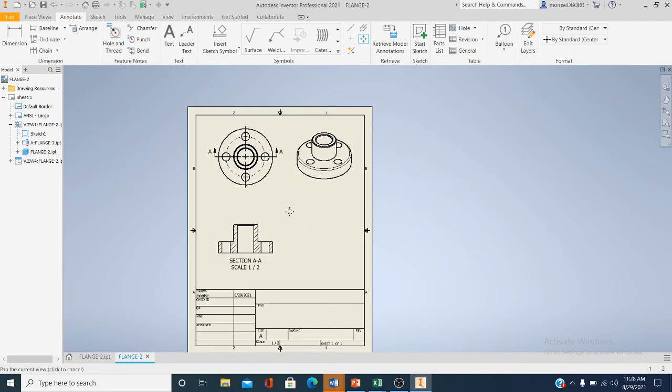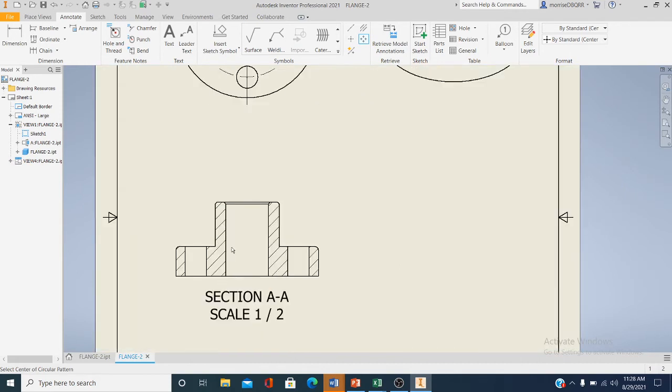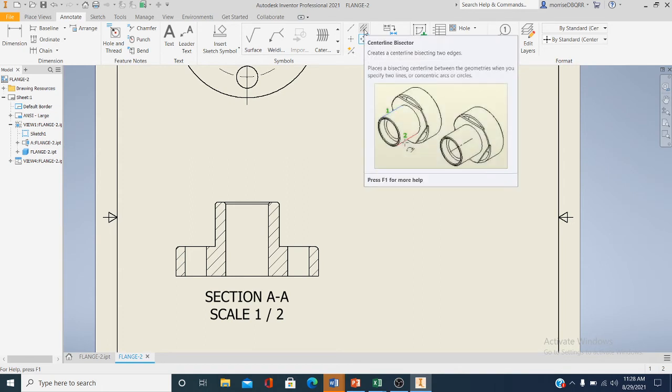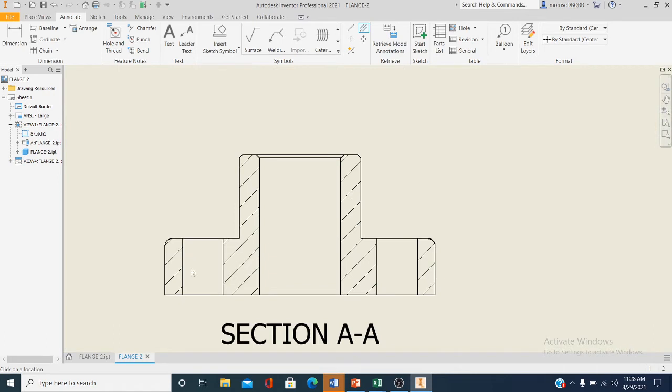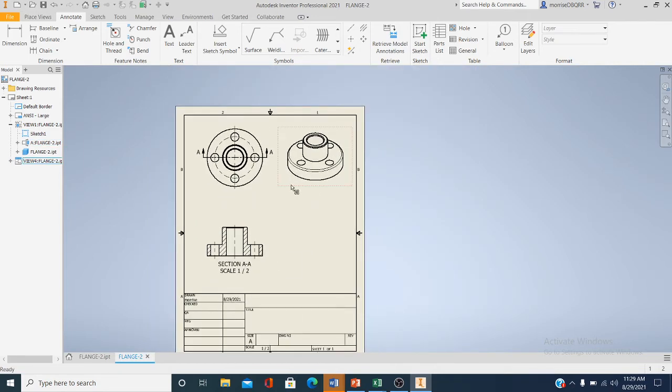Now, we have to come down here and add our center marks for this view. Now for this one, we're going to use what they call the centerline bisector. Click on this, and then click on this line, and this line, this line, and this line, and this line, and this line. Okay, right click. Now you don't have to create here, you can just hit cancel. All right, now